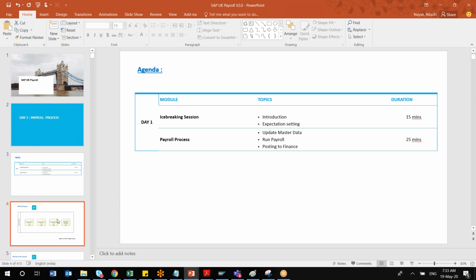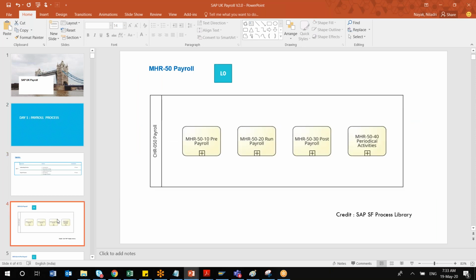So I have taken a snapshot of a typical payroll process. A typical payroll process involves mostly these four major sub processes. First is your pre-payroll activities. Before we start off a payroll, we have some pre-payroll activities, such as master data maintenance.